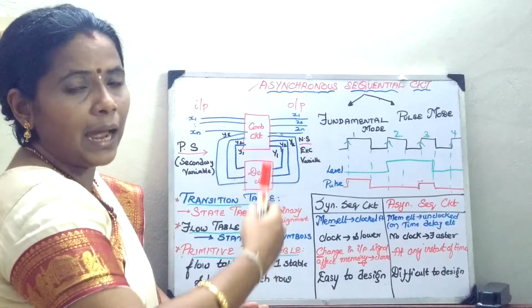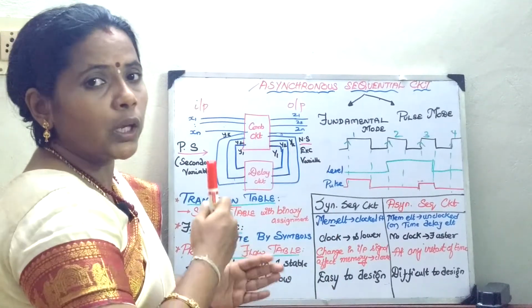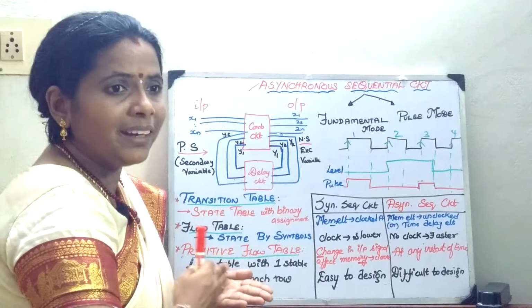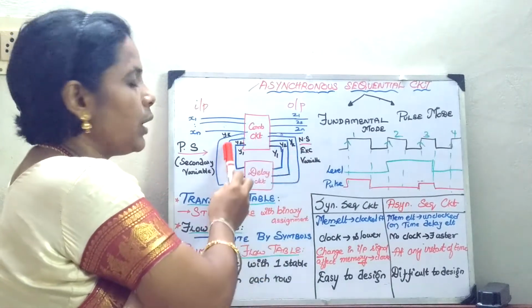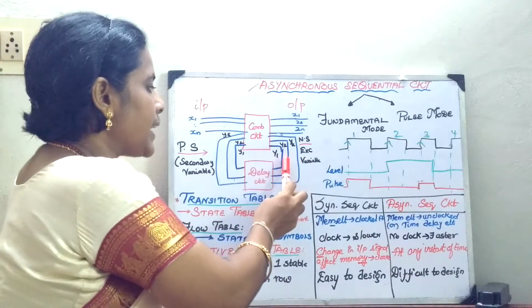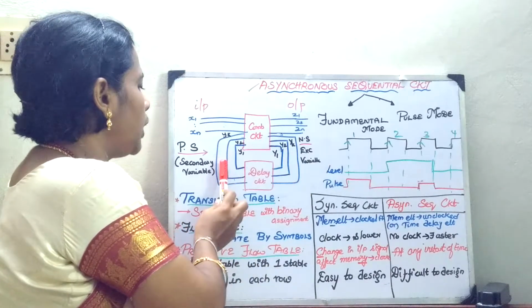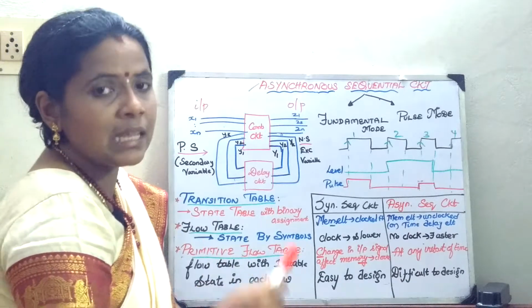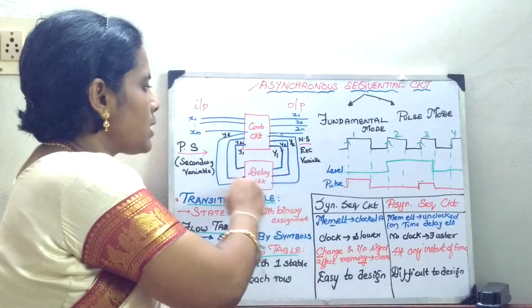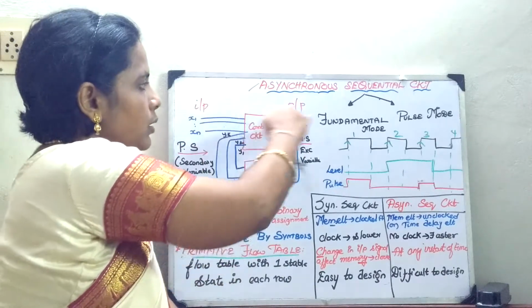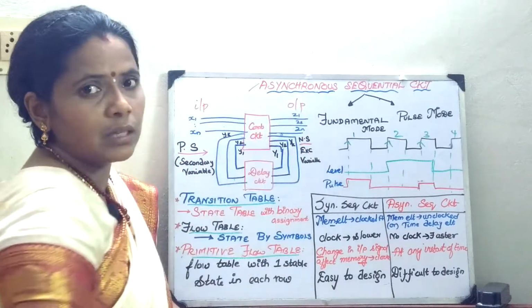You don't know what data at what time. Okay, so in order to make it come to a proper sequence, you have to adjust the variables in such a way that when the excitation variables are equal to your secondary variables, then the system will become stable. So when you make this common, then we can give the input so that it reaches the output.